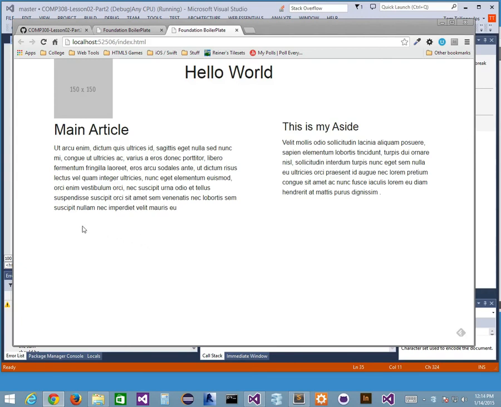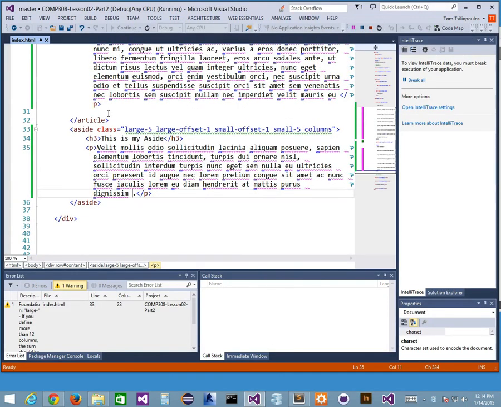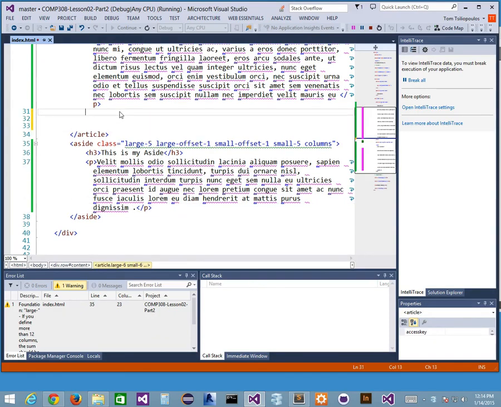And then underneath here, I'm going to put some images on this side. So I'm going to say under the main article, I want a few of my placeholder images. So here's my main article. And underneath my p tag, right in here, I want to put some placeholder images. So I'm going to say,